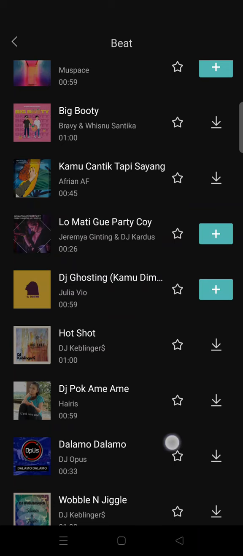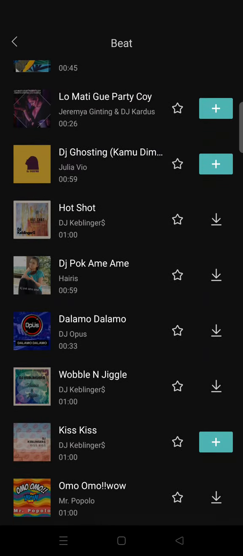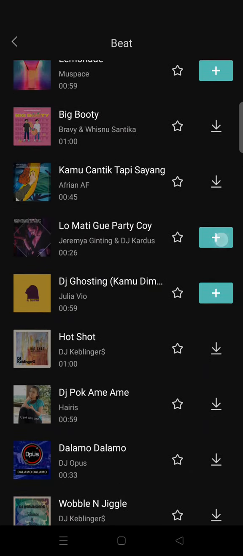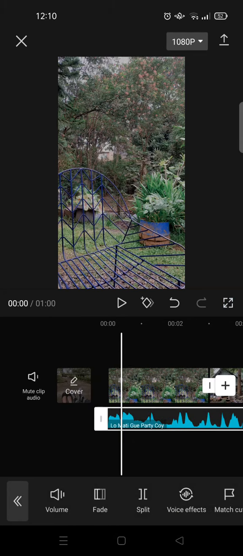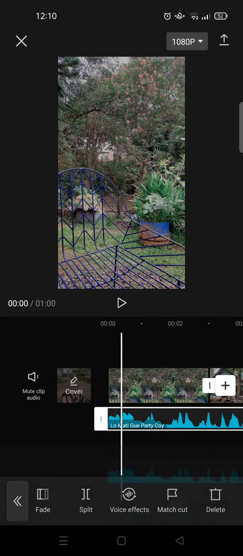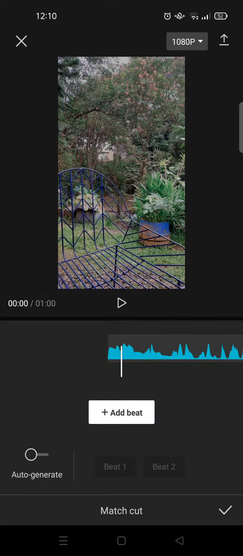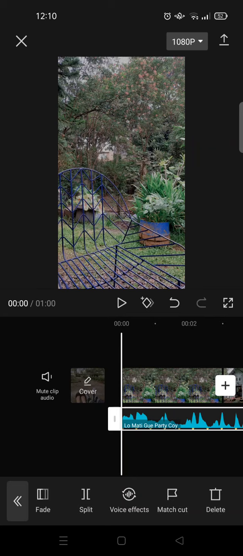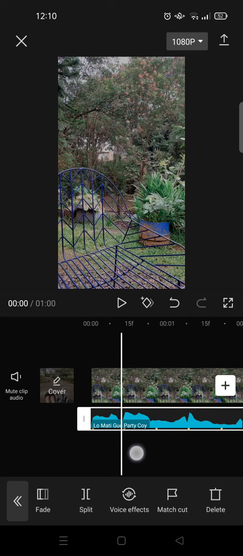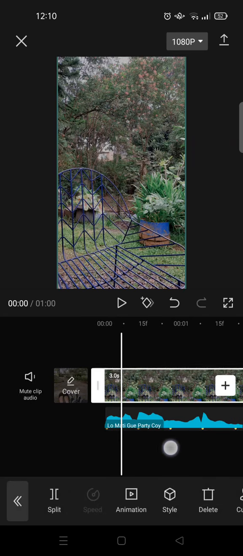So I'm going to add, for example, this audio right here, and click on the audio and then choose match cut, and then here click on the auto generate and then choose the beat two. So you can just click on the check icon, and then after that you can just set the duration of each photo to the beat or align with the yellow